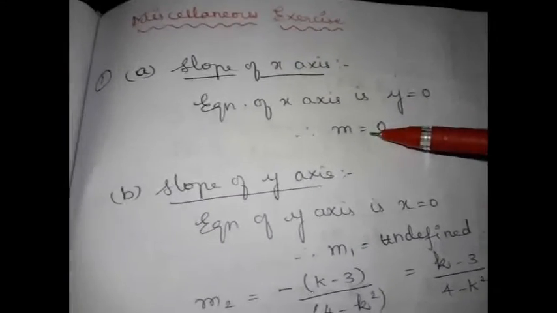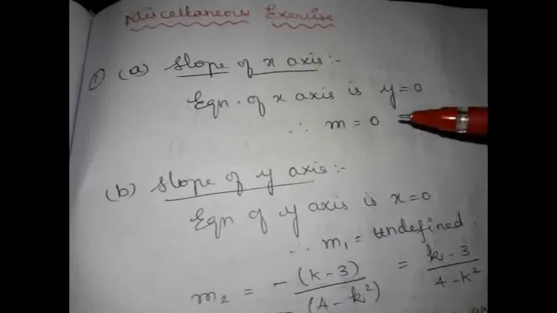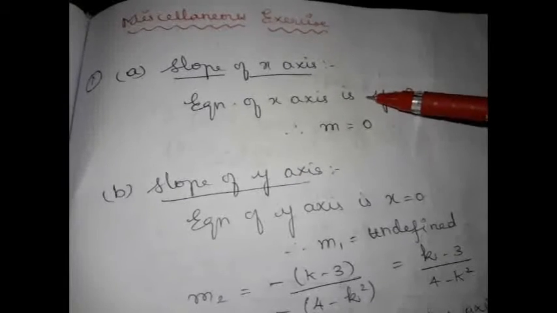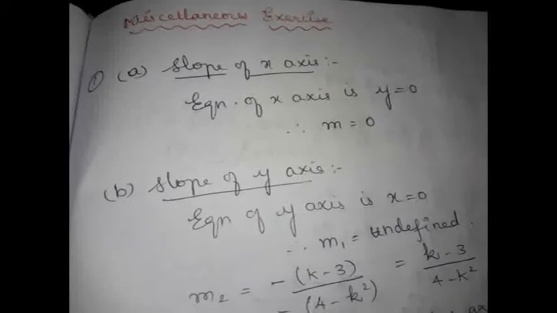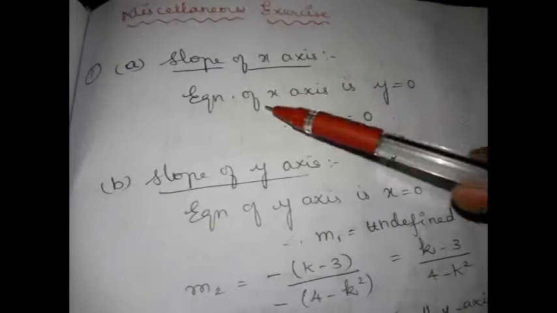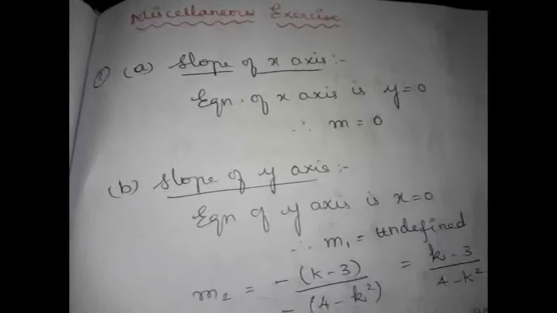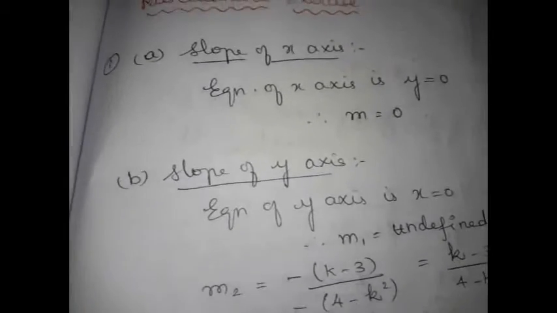So what is the slope formula? Minus coefficient of x divided by coefficient of y, or else minus a by b. We don't have x at all, so the coefficient of x is 0. So 0 divided by the coefficient of y, which is 1. So 0 by 1 is going to be 0 only. So the slope of the x-axis is 0. So we can equate this slope to the slope of the given line. They have given you a line, right? So from that again you can find the slope in terms of k. So if you equate, you can find what your k is, right?